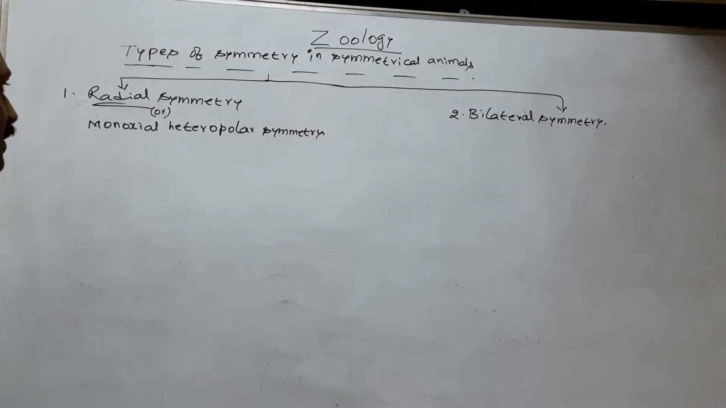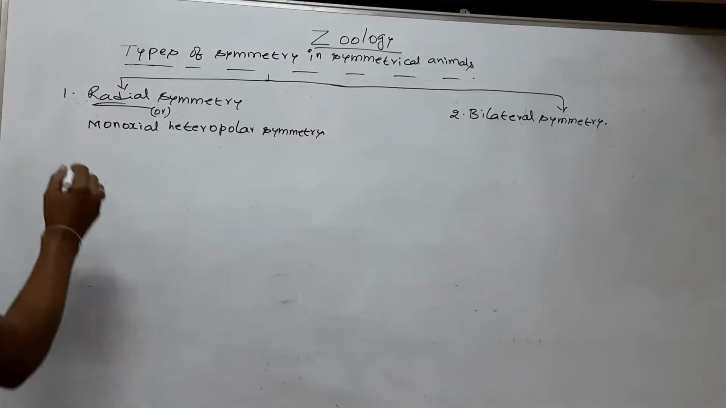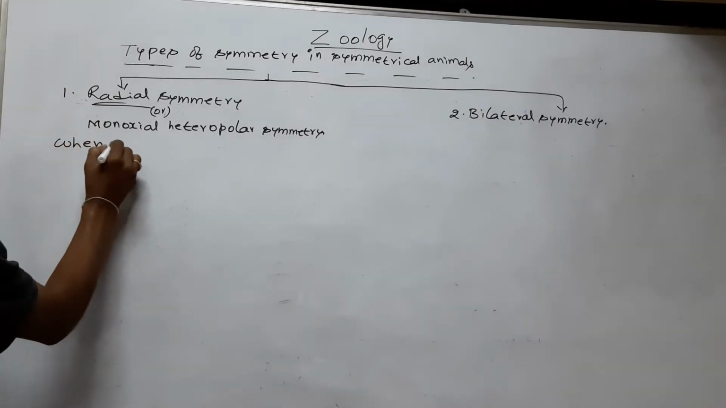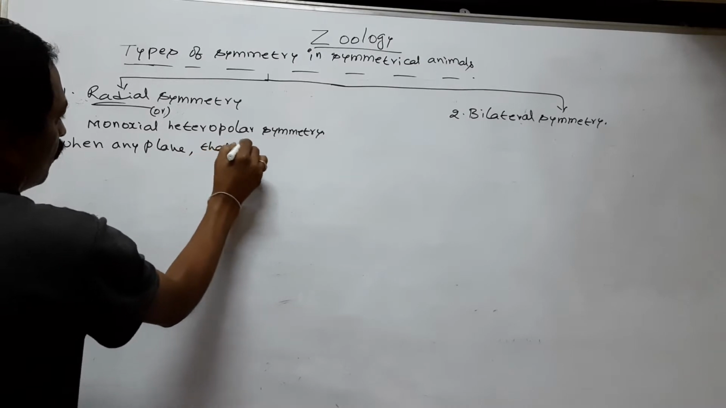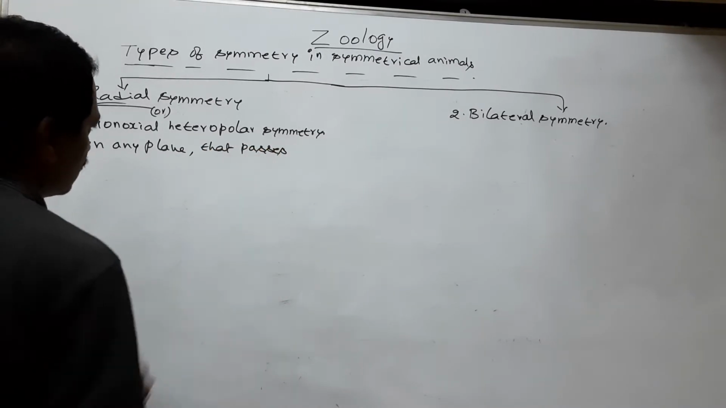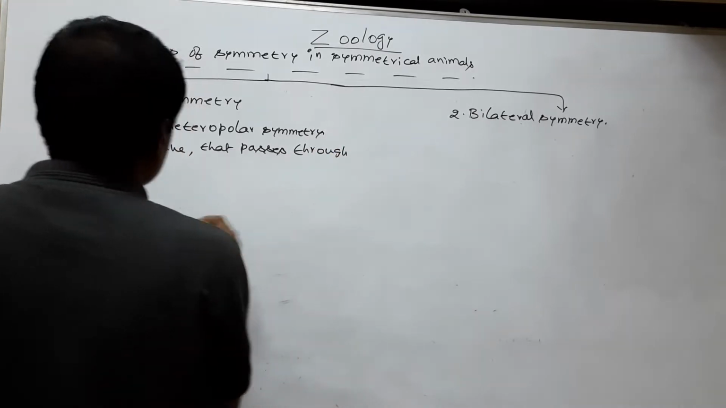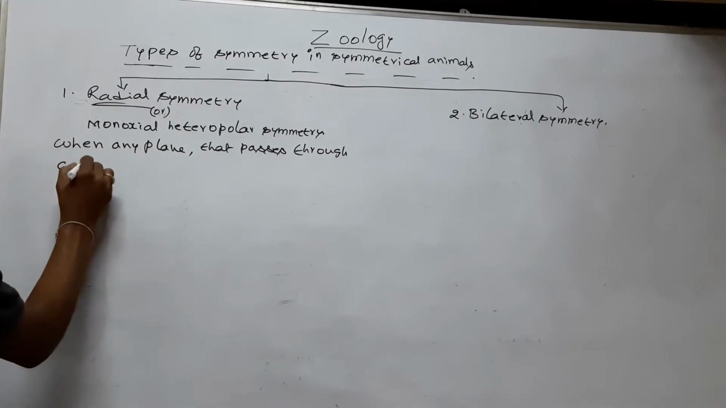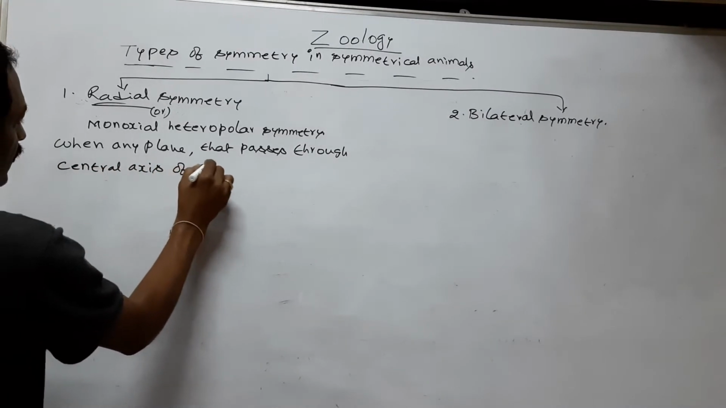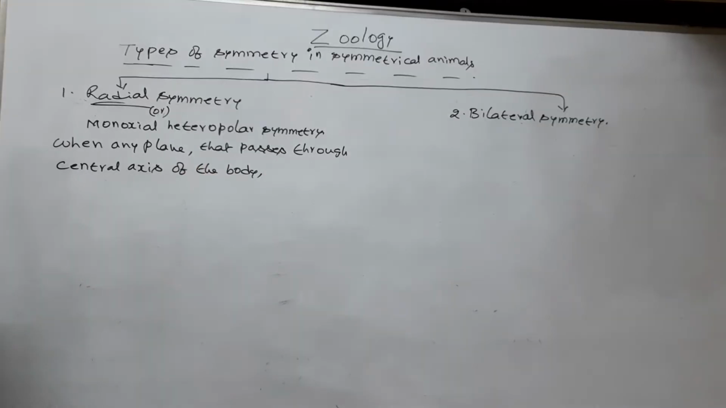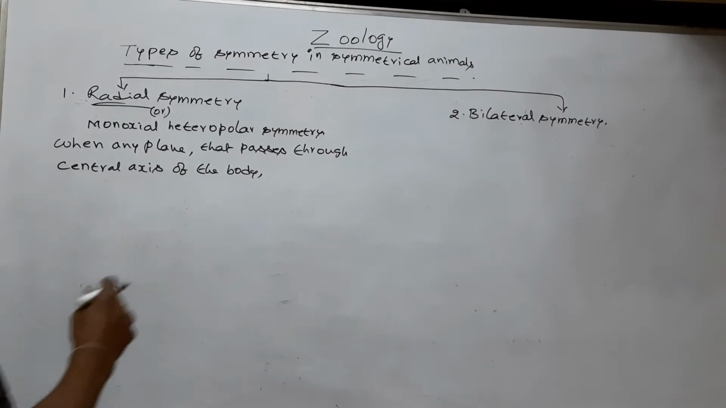But what is radial symmetry? When any plane that passes through the central axis of the body